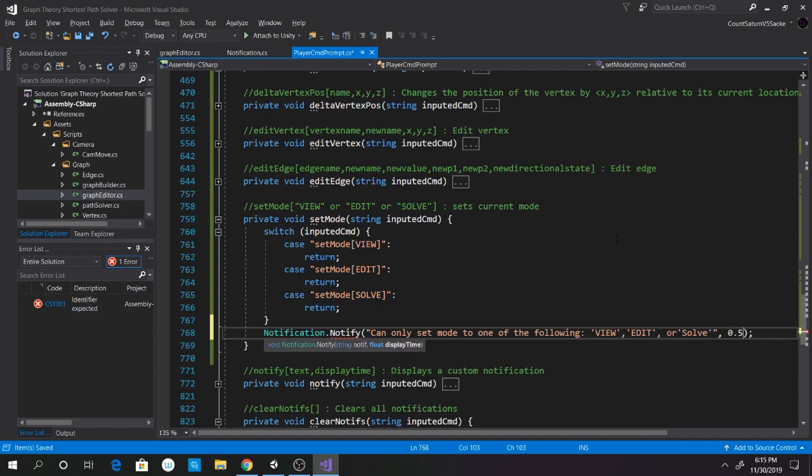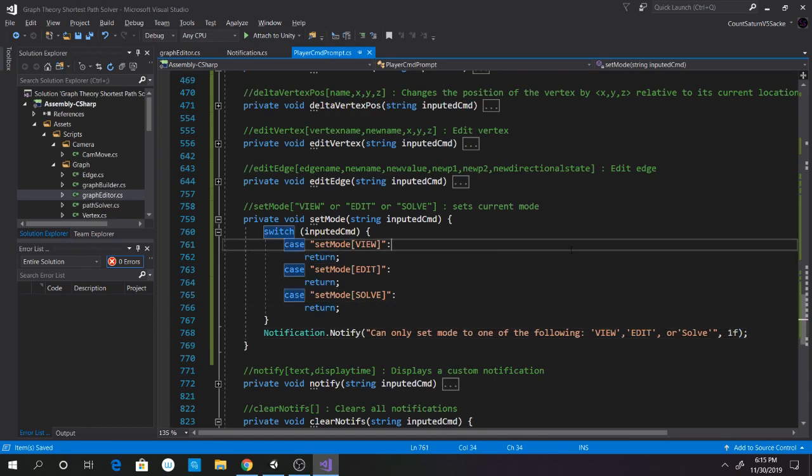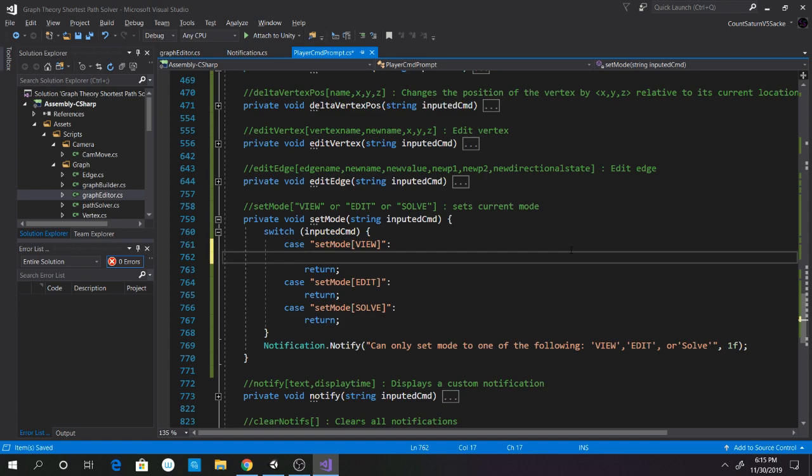And we'll give this a bit more of a longer time. 1 second, why not? And if that is the case, then what we're going to do is go to our mode